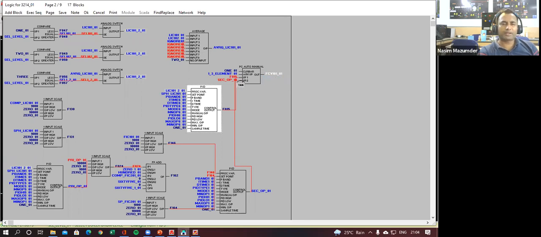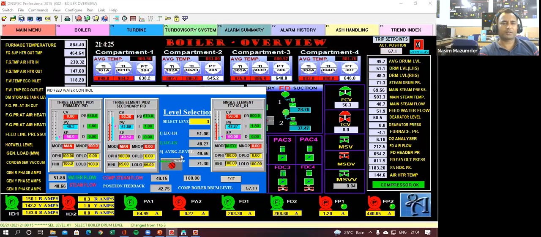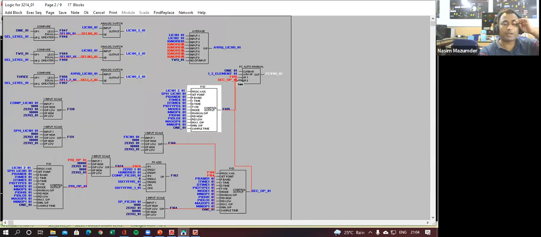And if you select three element here, meaning it is not one, then this three will be coming here. Since the enable bar is one and it is mismatching, input 2 will be fetched to my output. And I am getting this input 2 from this PID.